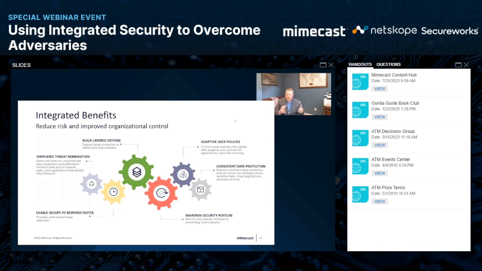We can keep that in our little email black box, not share the fact that Billy was attacked, or we could actually take that threat and share that with all of the other tools in your detection stack. So add that to your firewall, add that to your CASB, add that to your web security, add that to your cloud security, and ensure that when the attacker, or if the attacker tries a different vector, we're going to guarantee that we're going to block that attack because one of your detection capabilities has seen that.